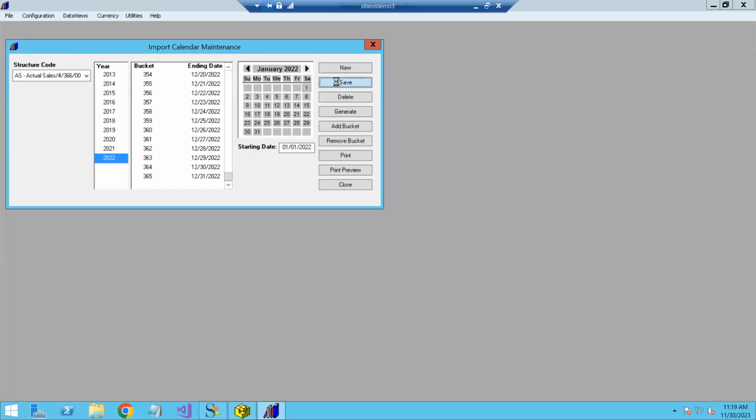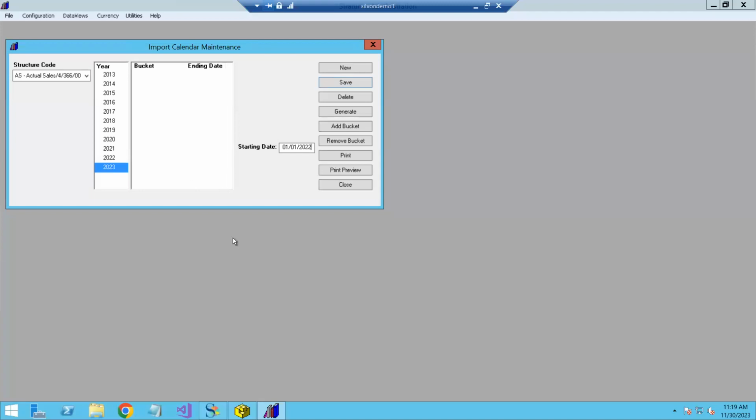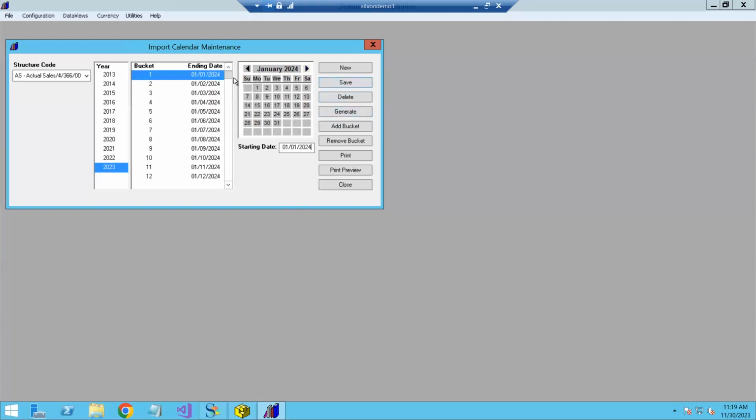I then need to save that. So now that's been saved. I now have 22 available, and I could do the same thing for 2023 and 2024 and so forth, right? So I just change that to 2024, generate, and then I can review as needed. Everything looks good there,